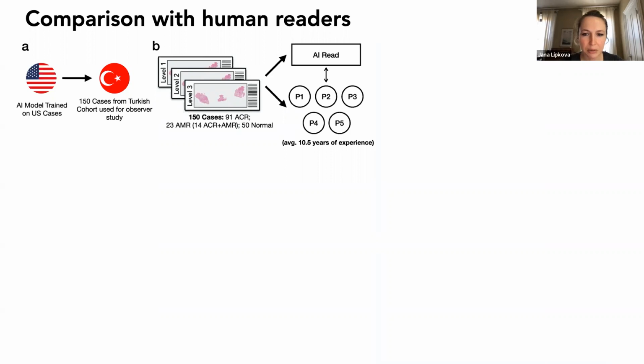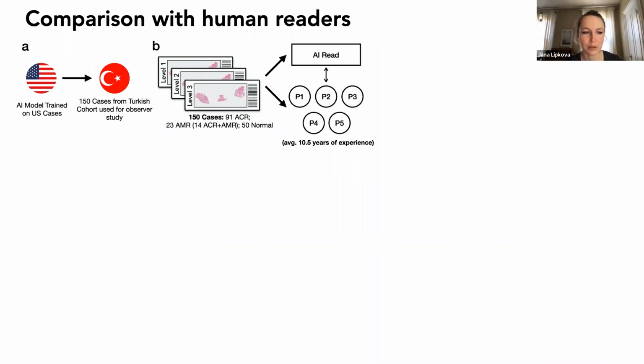Now, it's a little bit difficult to make a direct comparison between the human reader and the model, because basically each of these pathologists can be seen as a gold standard or the true diagnosis, but there is large variability across the pathologists. So in the first study, we did something else.